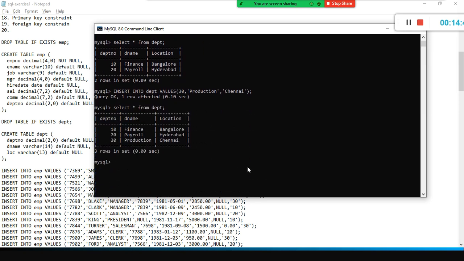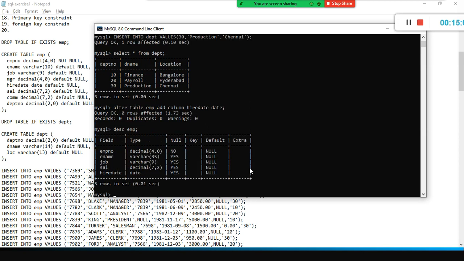Now what I am going to do is add an additional column. Okay. Alter table EMP add column hire date, and it is a date column. Semicolon, enter. Fine. Now I want to check whether this new column hire date got included in my employee table. Desc EMP. This is the one that shows you the structure of the table, what columns and the corresponding data types, everything it will show you. Fine, this is how you need to insert it.